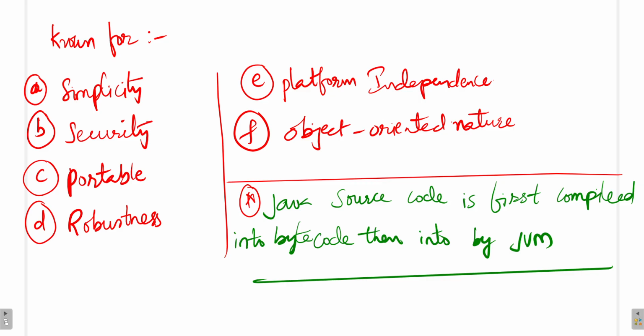Now we have many programming languages in the market, but Java is said to be one of the most popular programming languages. Java is said to give you more jobs than any other programming language when compared. So why is Java popular? That point you have to understand. Java is popular because of these reasons.